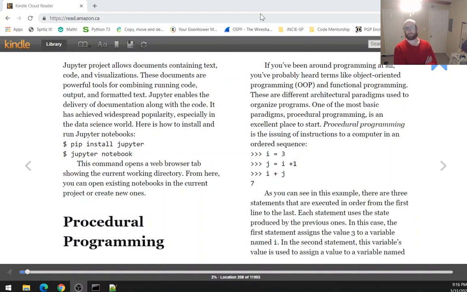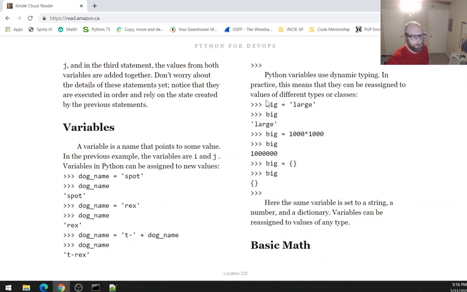As you can see in this example, there are 3 statements that are executed in order from the first line to the last. Each statement uses the state produced by the previous ones. In this case, the first statement assigns the value 3 to a variable named I. In the second statement, this variable's value is used to assign a value to a variable named j. And in the third statement,